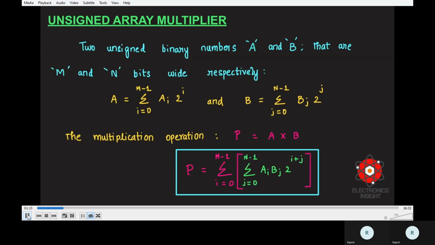So if you see two unsigned binary numbers A and B, each of m and n bits, so capital N is size. M can be N, so in such a case, m and n can be the same. For example, you can take m as 6 and n as 4. So a 6-bit value you want to multiply with a 4-bit value. So how do you write its